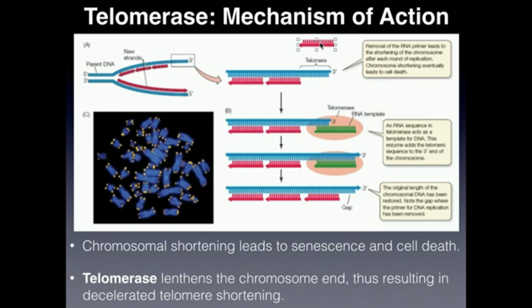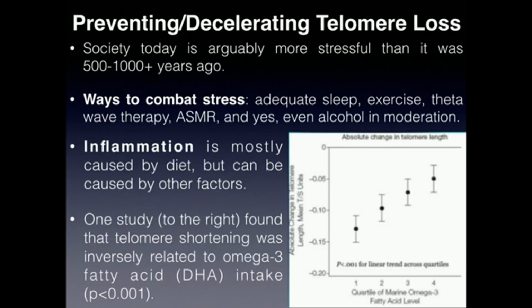Now, telomerase, like we just mentioned, is an RNA-dependent DNA polymerase. It uses RNA primers, which it makes itself, to extend the ends of chromosomes, which counters telomere loss associated with DNA replication. Okay, so the whole point of this is, if you want to prevent telomere loss and not age as much, you want to have a healthy life, combat your stress and combat your inflammation, and hopefully follow some of these rules, and I think you'll find your life actually is more